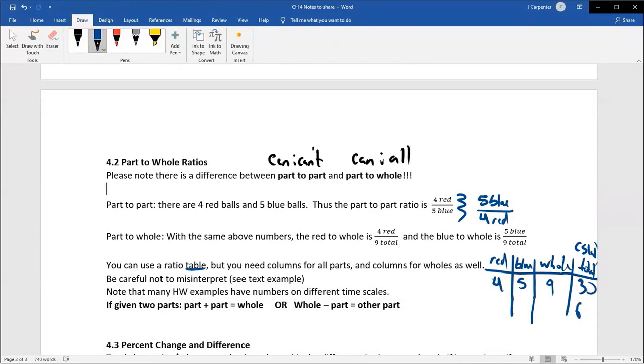So then if I got 2 classes, if I got 60 students, how many do I need? Well, you could set up a proportion using those 4 things, and you could figure out what this x is, because you got 3 corners of numbers. Or you could set up a proportion using these corners, and that would be your unknown, and you could figure out how many blues you would need. Or you could do a proportion table using these as your corners, 3 numbers and a variable, and you could figure out what that x is. Or you could do this with a y equals kx setup if you prefer.